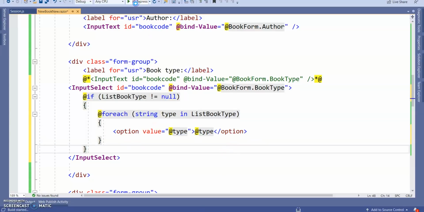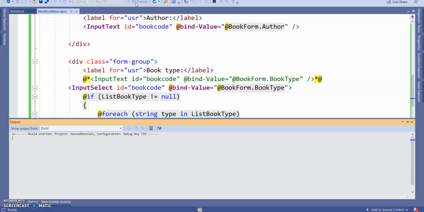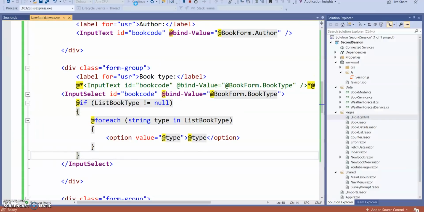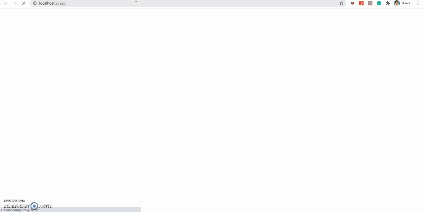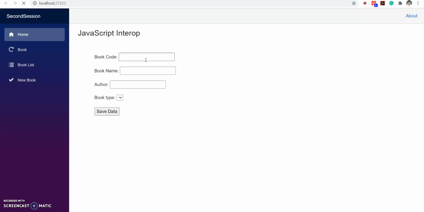Now run the application. So you can see book type is added. In this way, we can load a drop down or get data from a JavaScript function.